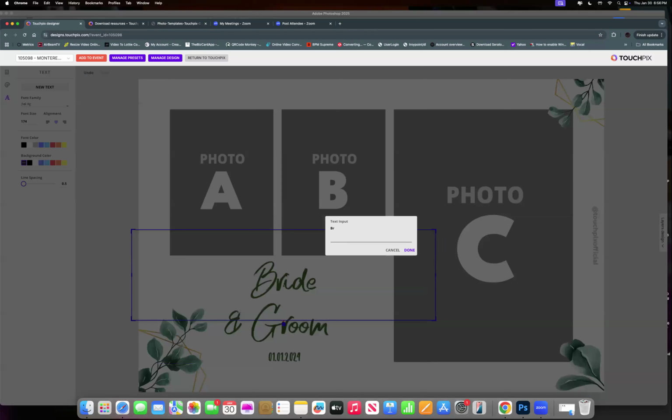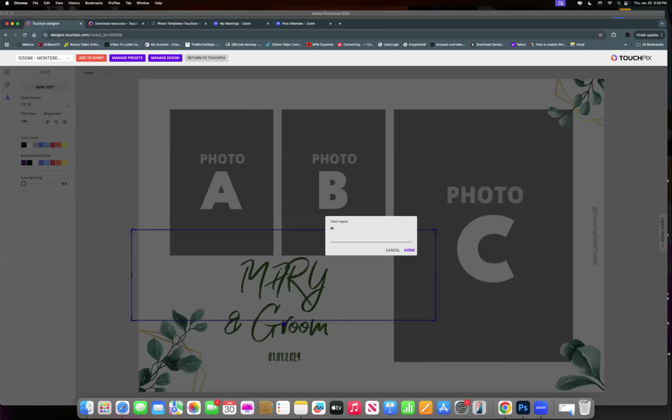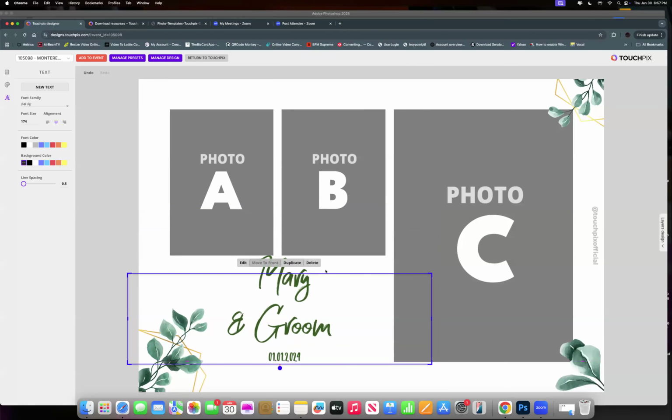And this is where you put maybe Mary, right? Maybe you want to say Mary and Tom. You type it in the box here. And I don't like that, right? So you can actually see, maybe it's because I have all caps on my keyboard. So I want to switch that, take the caps off, and maybe go Mary and hit enter. So now you can